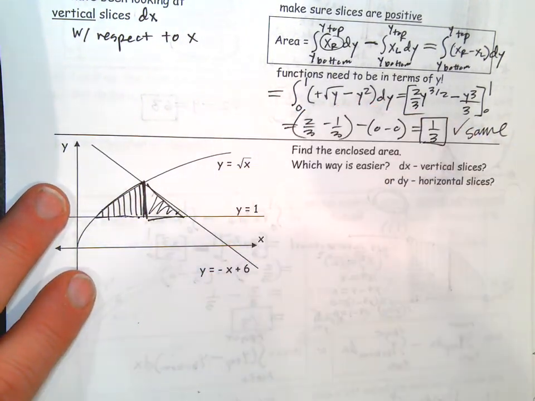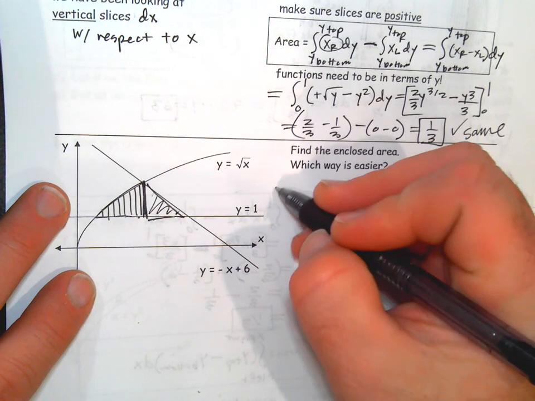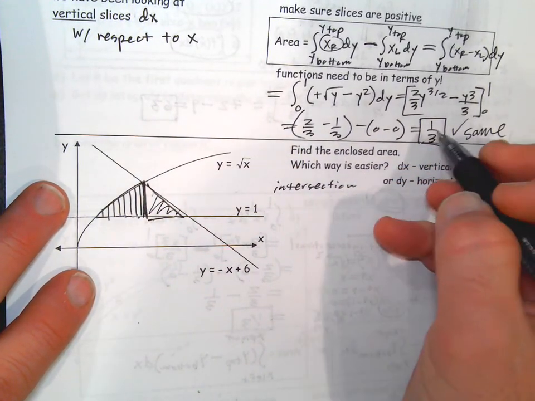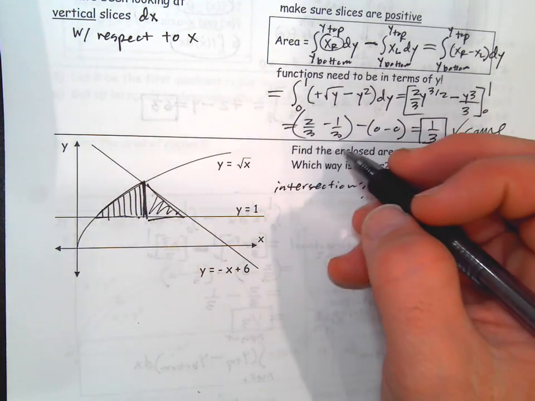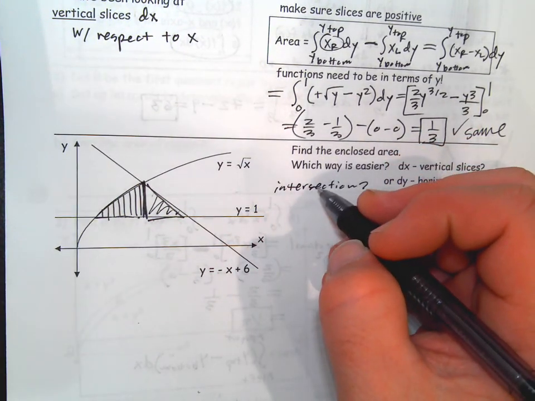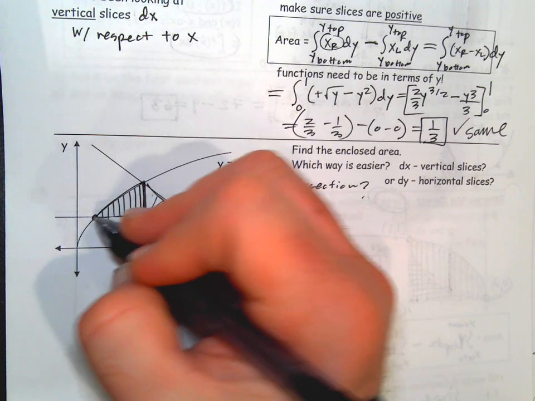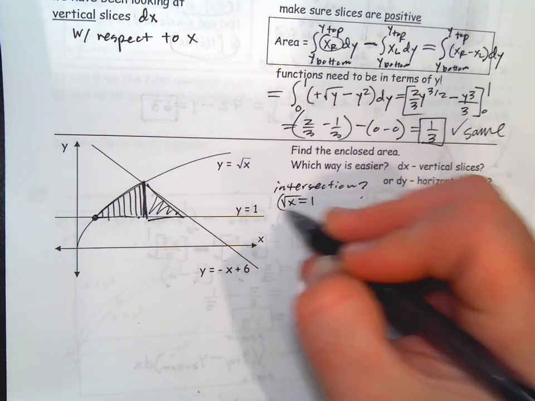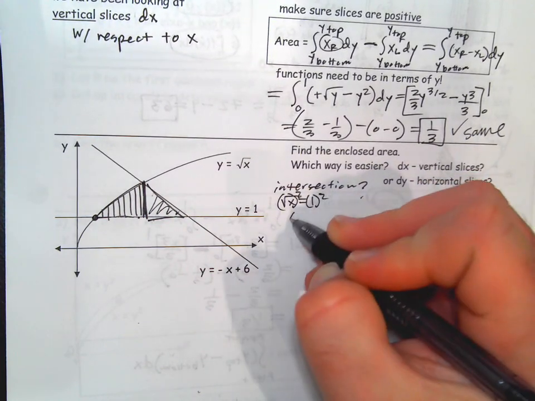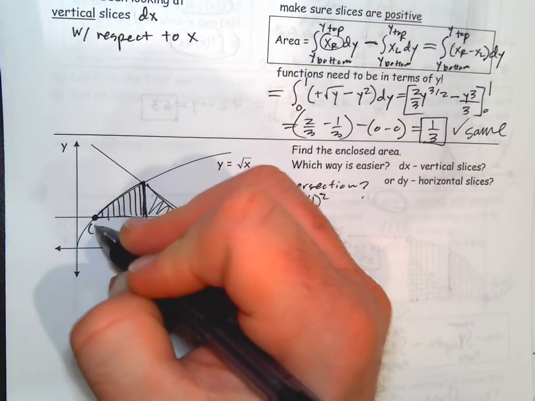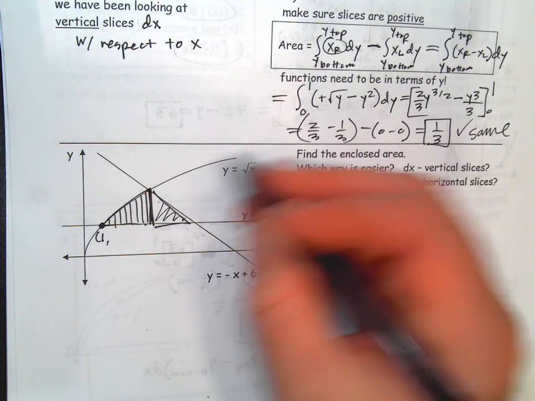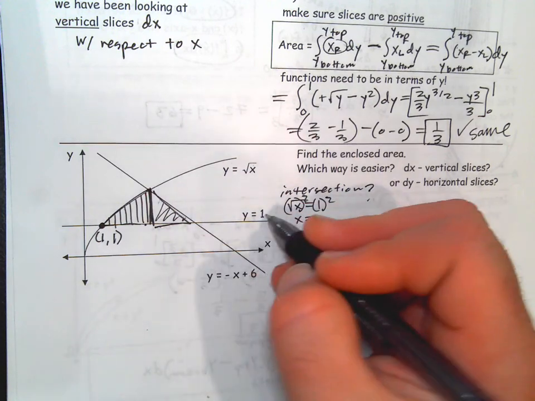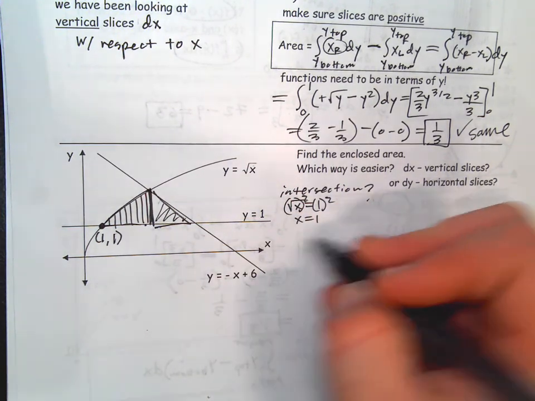Now, of course, we have to find the intersection points. And we're going to have to do the work for either way we're slicing it. So we can only do 2 curves at a time. So this intersection is between that curve and this curve. And this one's pretty easy. So that x coordinate is 1. If you want the y value, plug it into any of these functions. That square root of 1 is 1. This is just a flat line. We got to do